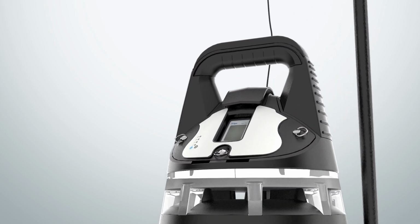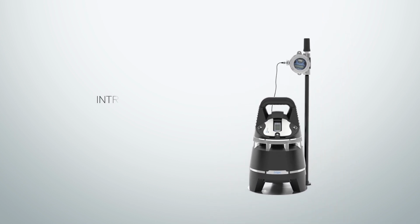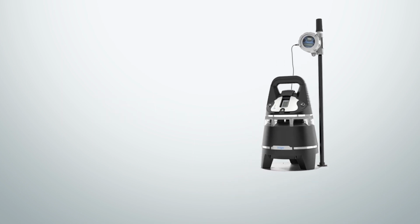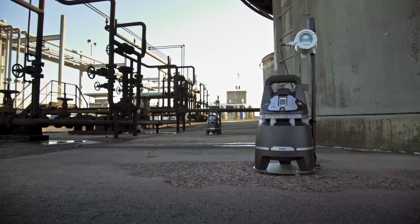Introducing advanced communications to area monitoring. The X-zone-5500 with advanced 3D communications. Safe and effective wireless gas detection, plus the ability to instantly transmit monitoring data anywhere in the world. The Draeger X-zone-5500 with advanced 3D communications provides an ideal system for area monitoring